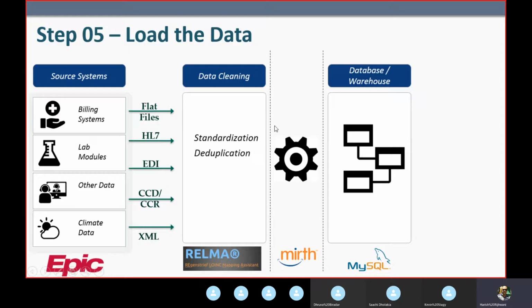The fifth step is to load that particular data, and there are tools that are integration engines. One of them is Mirth. This is specifically for healthcare, but there are other tools as well, like Bistock. These are called application integration engines. There are other tools specifically from a data warehousing perspective, like Informatica and DM Express. They do the function of extract, transform, and load. So the three steps that you saw, ETL, extract, transform, and load, is where you can use this tool.